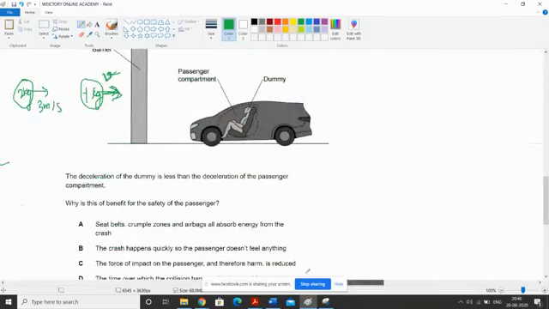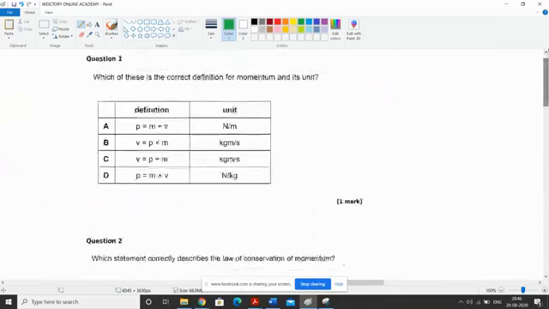Let's do other question on momentum. Which of these is the correct definition of momentum and its unit? Momentum is product of mass and velocity. So this is wrong. This is also wrong. Momentum is v divided by m. That's wrong. This is also wrong. Momentum is product of mass and velocity, and unit, as we know, that